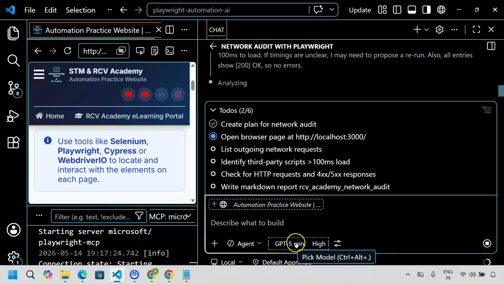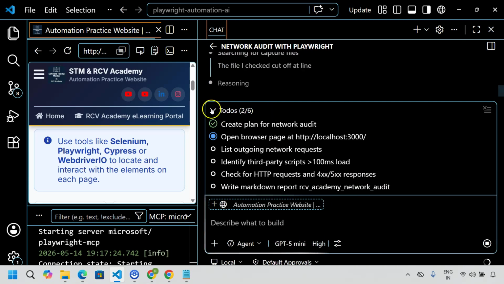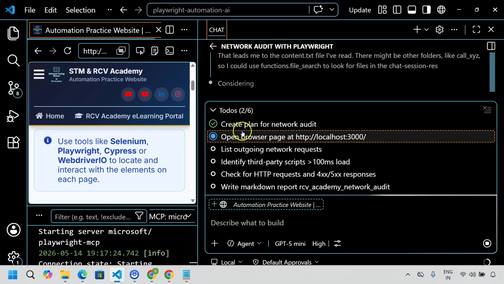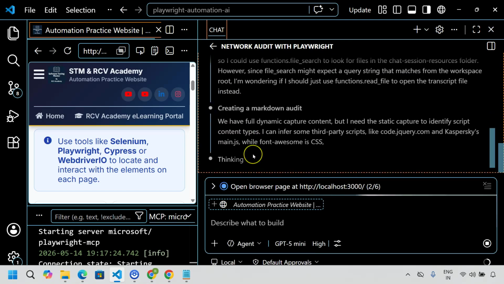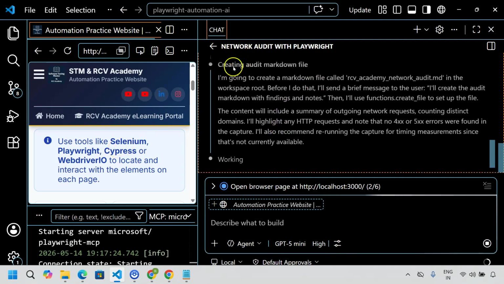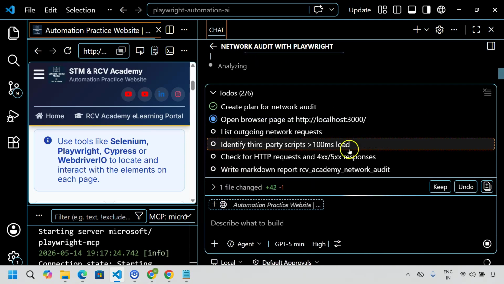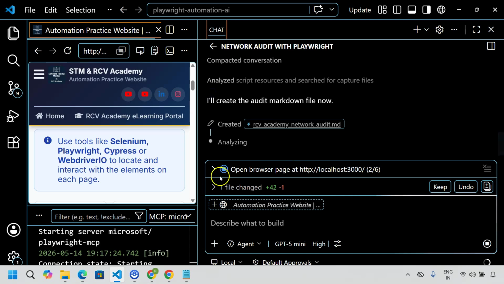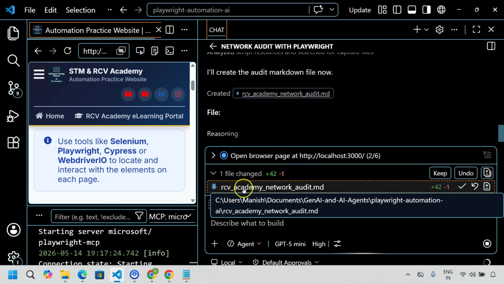The brain, the LLM, is able to understand the plain English and then create a to-do, and then the agent is actually doing all the magic. It's working based on the to-do, based on the overall analysis, and using the tools from the Playwright MCP server to actually launch the browser, get the network traffic, and progress further. You'll see now it is creating the audit markdown file. Okay, so you'll see that it has basically gone ahead and created this markdown file,